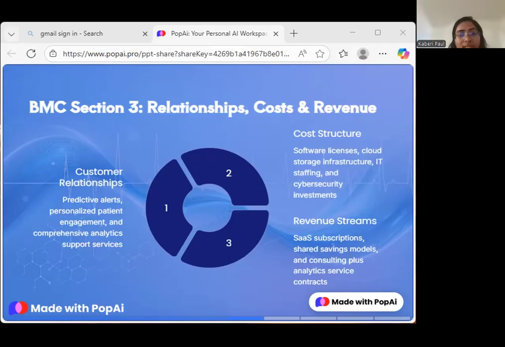On the cost side, population health management requires technology investment, cloud storage, cybersecurity, IT staffing, and training. It also requires cultural changes within organizations, which can be expensive and time consuming. Revenue streams come from software as a service subscriptions, shared savings contracts, analytics, counseling, and consulting,